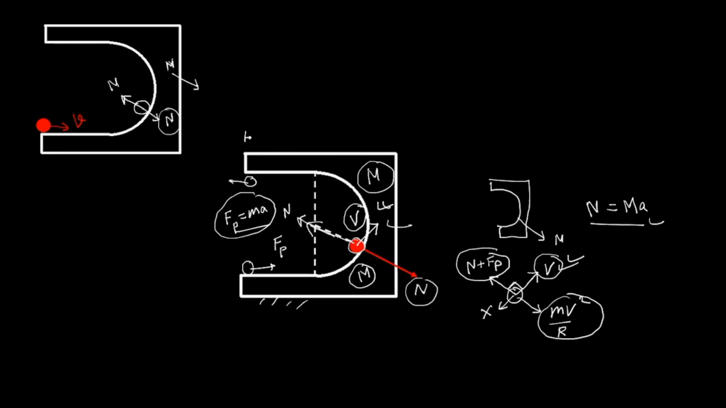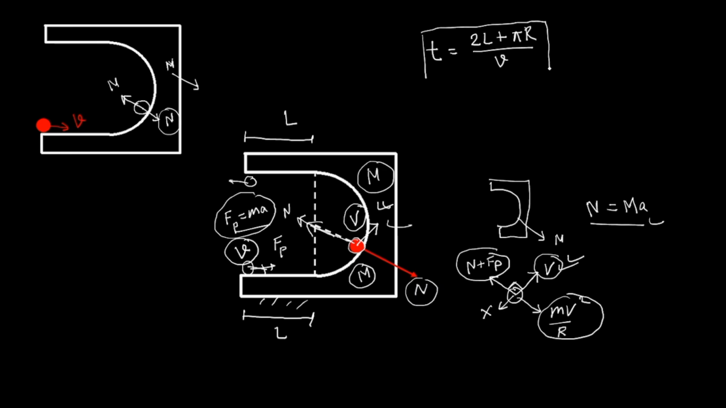You see what is this length? This is L and this is also L. And the velocity is uniform. Here what was the entrance velocity? Small v. That means this will remain constant throughout. So time taken will be what? Time taken will be distance upon speed. Distance is what? Distance is 2L plus pi r and speed is v. So this is the time which the small ball will take